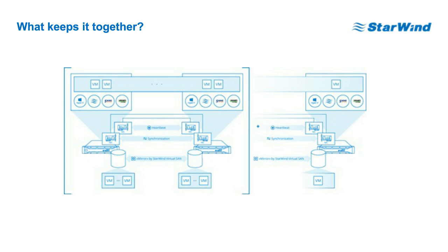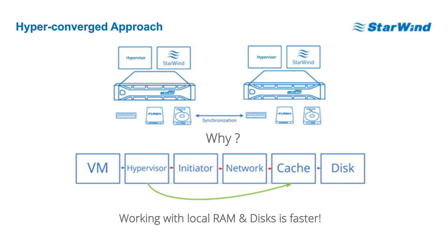Now, a question which I'm asked really often is, why do we do hyperconvergence versus dedicated SAN environment? And why is it a trend? Because a lot of people think hyperconvergence is just hype. Not really. It all depends on how you do it, and it all depends on your approach to the actual